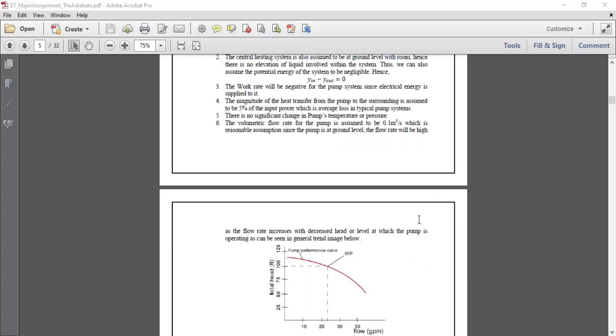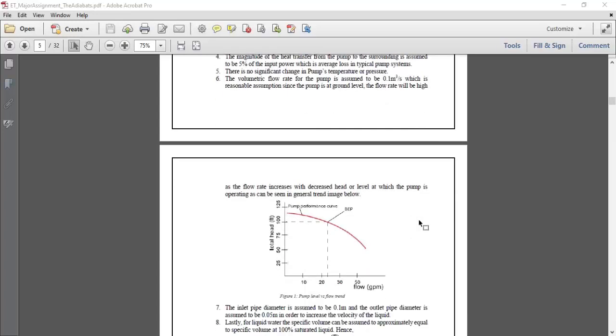Now, most of the pumps are designed to operate at a constant flow rate, so we have assumed an ideal volumetric flow rate of 0.1 meter cube per second. This is a relatively high volumetric rate for substances like liquid water,